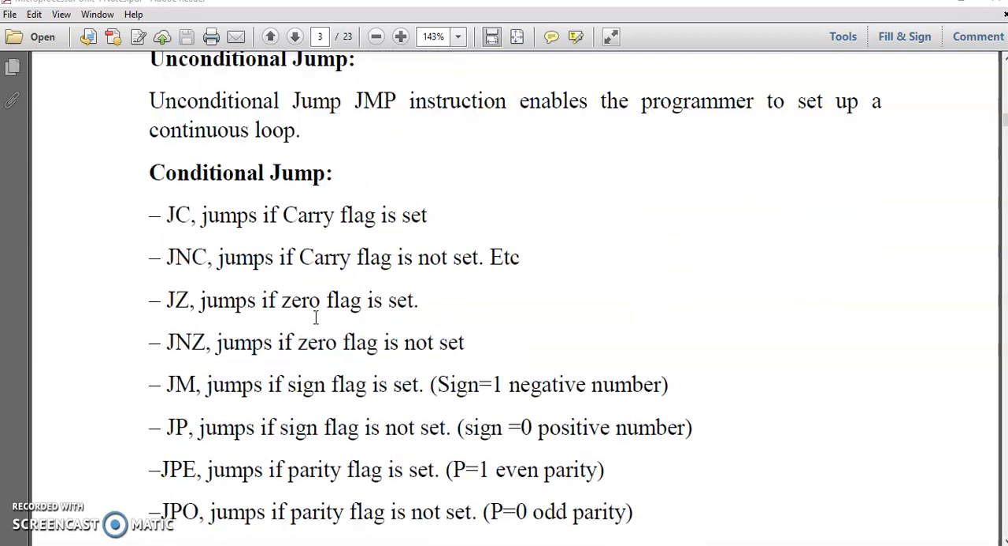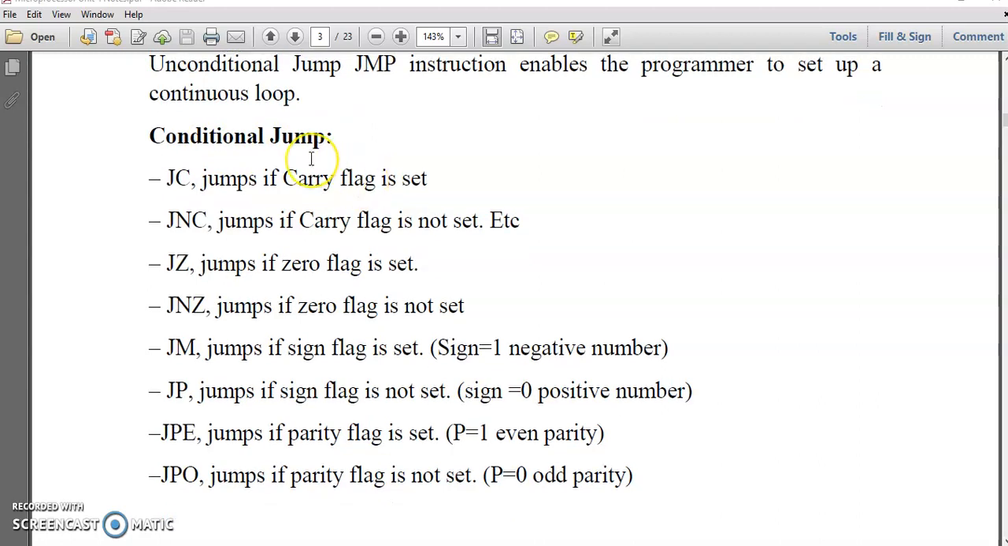So second is conditional jump. As we have already discussed, the 8085 microprocessor provides 5 flags which show the status of the result. One is the carry flag, zero flag, another sign flag, parity flag, and auxiliary carry flag. So jump is defined for